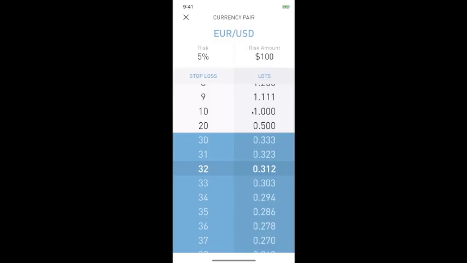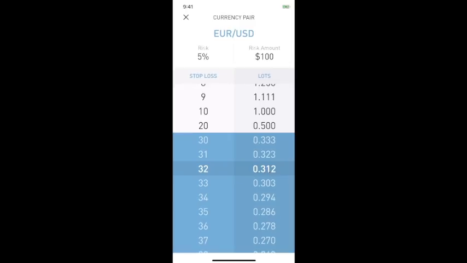Now, here comes the beauty of this app. There's a few things you see here. One, it shows you how much risk you're taking on this particular trade based on your account size. And your risk amount, it's showing you're trying to do it based on dollars, not a percentage. So it's showing you both how much that is in terms of percentage, but also the dollar amount. Now, since you chose 32 pips, your lot size is going to be 0.31. But here's where the beautiful part comes in with this.